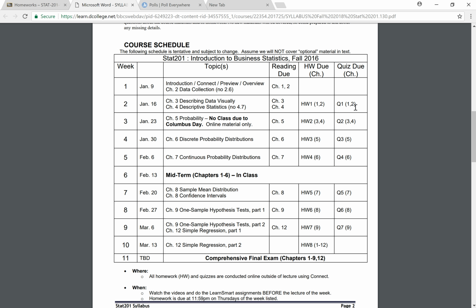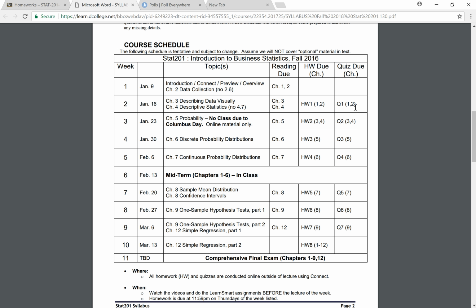Details for the midterm and final will be given near the exam date, but I will tell you now that they will also be conducted inside of Connect, and they'll be done in a computer lab using Lockdown browser. So you're not going to be able to have access to anything other than your calculator, and I'll probably let you make your own formula sheet, and you do it in class.